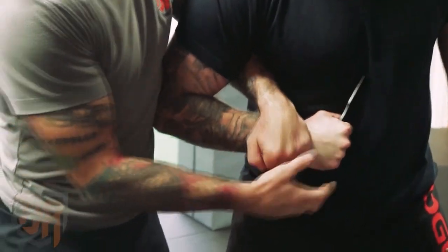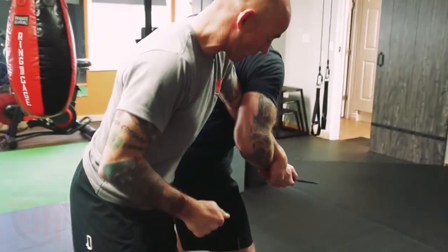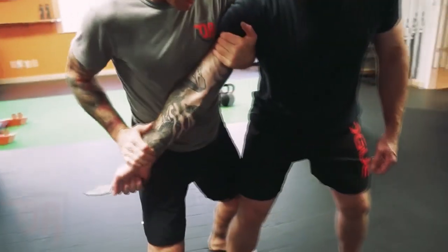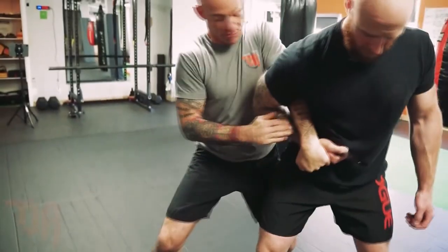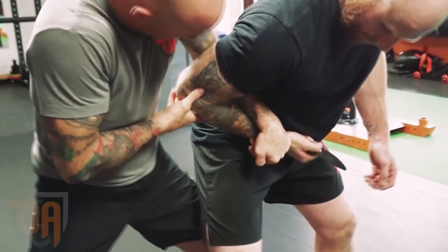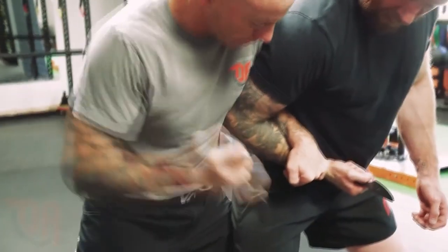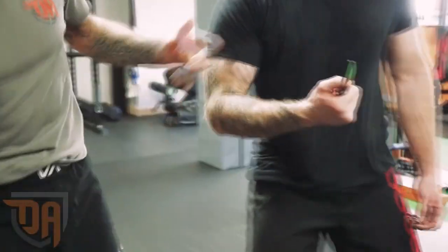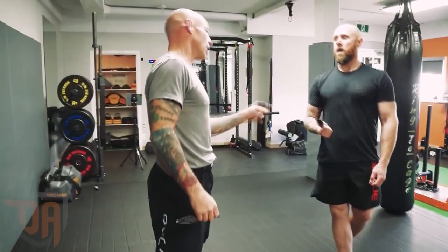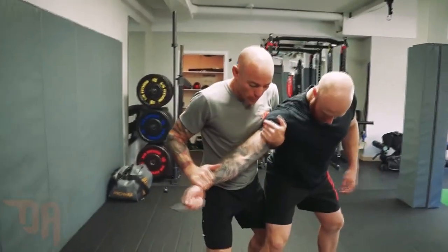And reality is the moment he feels this, he's going to extend his arm. He's going to want to get that out. But what we're trying to do is buy us some time. I want to capture the wrist and the baby finger, keeping your elbow in nice and tight to my body, and then this is where we can draw our blade. But we want to isolate the limb as best as we possibly can first,